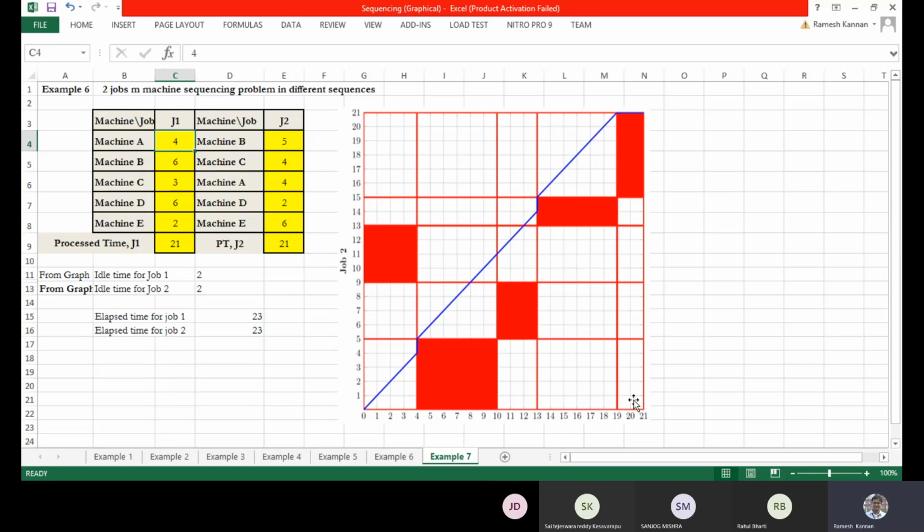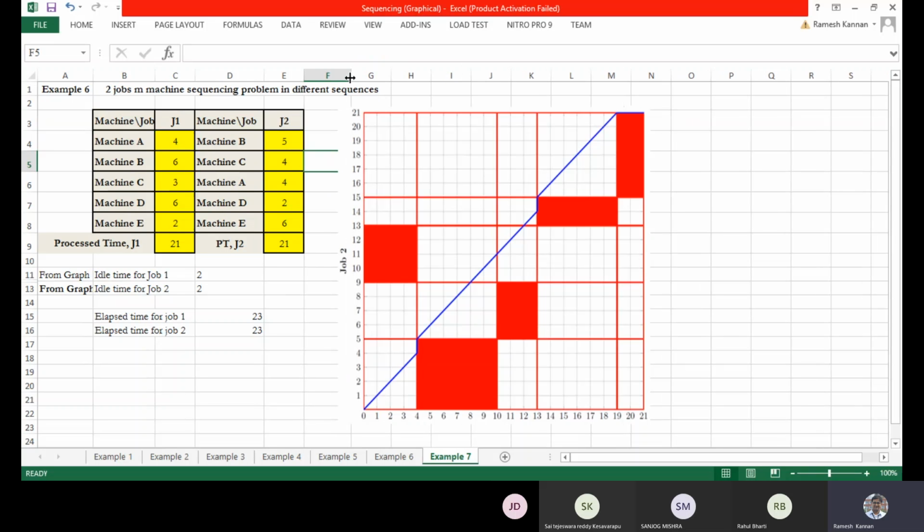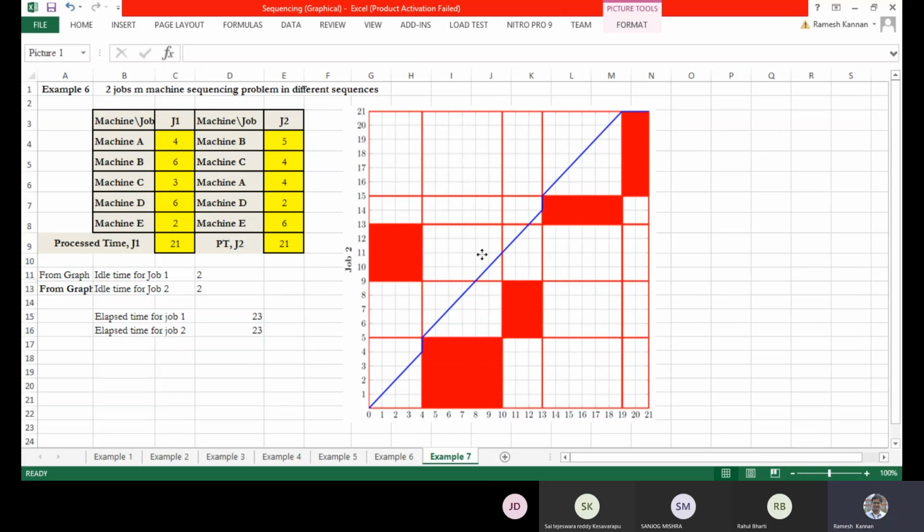And next is this very important step. I didn't mention ABCD here, so I just move a bit.